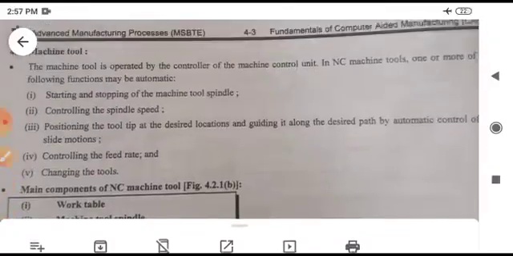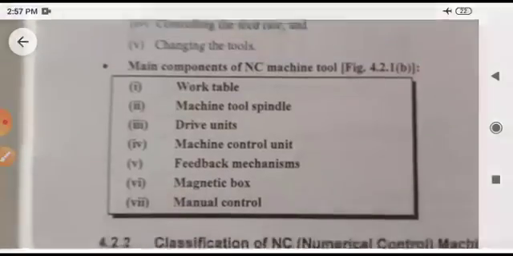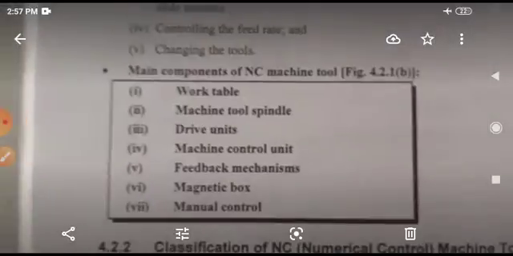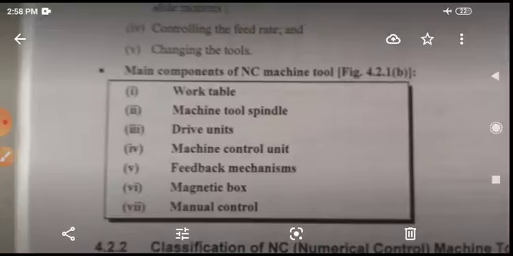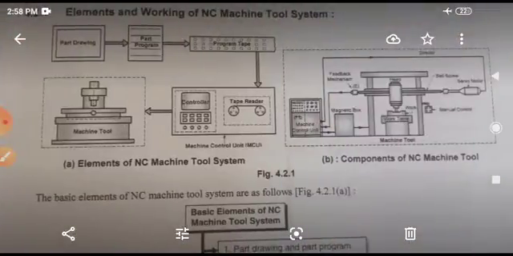Now let's see the main components of an NC machine tool. First one is the work table, which is a must for every machine. Then the machine tool spindle, drive unit, machine control unit, feedback mechanism, magnetic box and manual control. We have already seen that in the figure. All these parts you can observe in this figure. Let me show you again. Here is that figure.